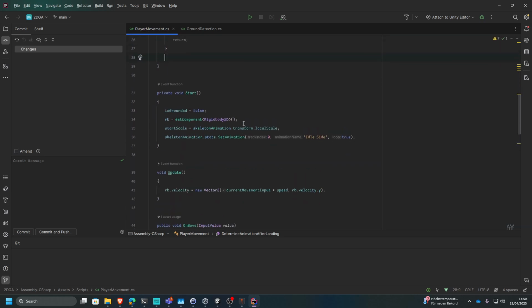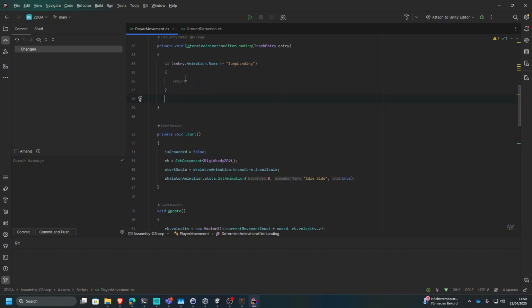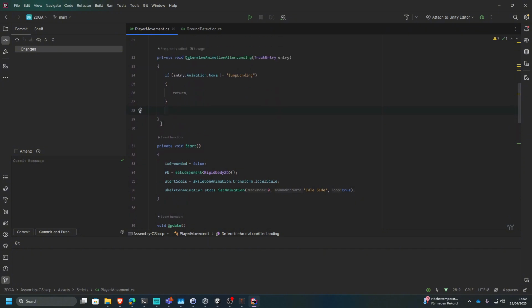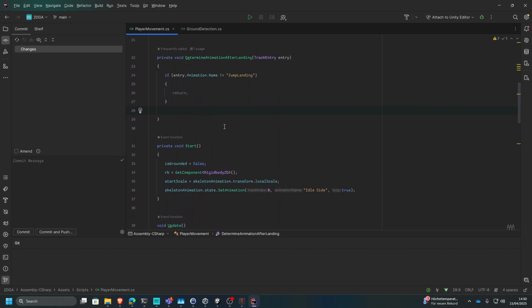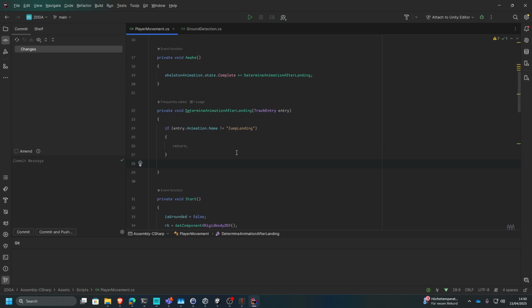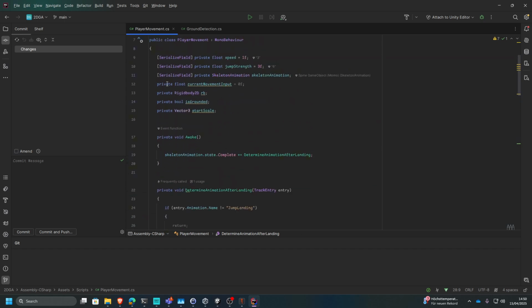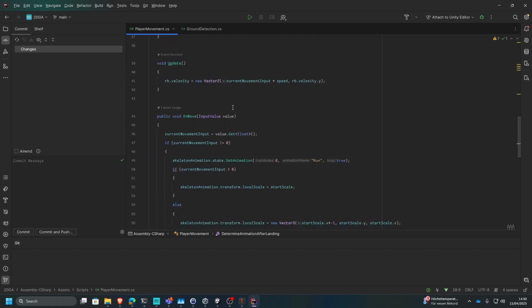But if it is jump landing, meaning we don't go into the early return that we have here, I now want to determine, should I be moving or should I be idling? And to do that, we already know how we can check that, because we just need to check if the current movement input is 0, or if not,